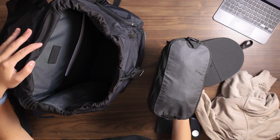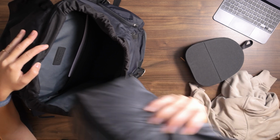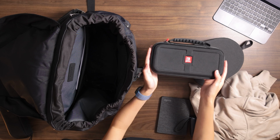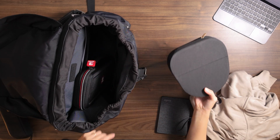And in the main compartment of the bag, I have a small packing cube from Peak Design. This is 1 day's worth of clothes, just in case I get separated from my actual bag, I at least have 1 additional change of clothes for that. Then I have my Nintendo Switch case, my really beefy headphones,